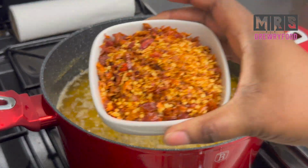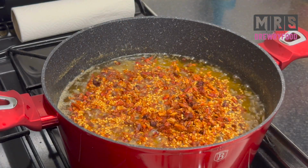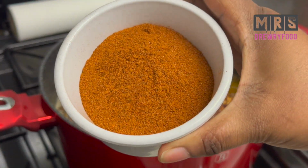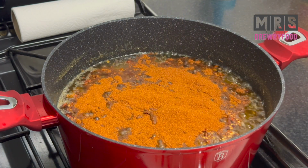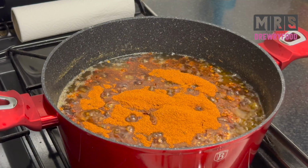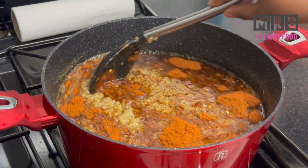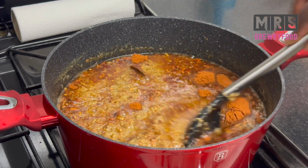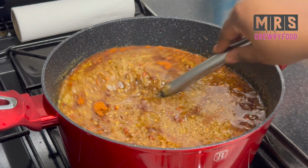Alright, so this is my personal preference, but I'm going to add some chili flakes to it. Actually, it was whole chili flakes, and I decided to blend it in my food processor, and also going to add some powdered pepper, hot chili powder, by the way. And you can always adjust the amount of heat you want in your Shito, but I do like it very spicy, but because of my kids, it's not that spicy. And then give it a very good stir,